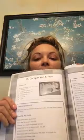It starts with some items and things that are easy to find. So I try to pull on experiences that Caden has had, and camping with his family, his grandparents, is one of the things that Caden really enjoys. And so in this book, I found an activity called Camper Van and Park. And so it basically tells you to get some toy camper items, and Caden was really interested in Peppa Pig,